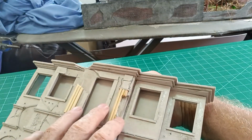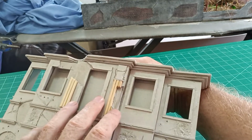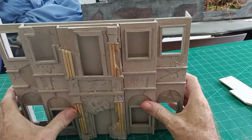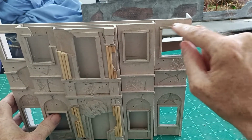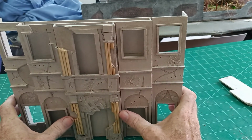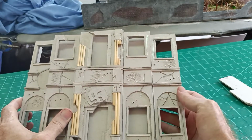There you can see the effect of that moulding on the top. So that's the idea of the finished building. I've got the windows to put in, with concrete surrounds to the window frames, as a lot of German type buildings were at that time. And I